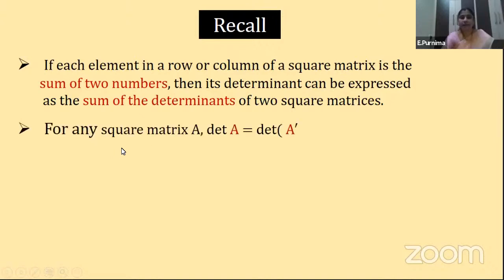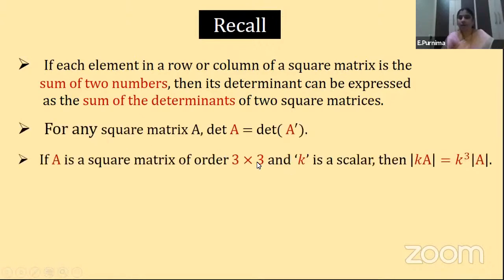Next, if A is a square matrix of order 3 by 3, and k is a scalar, then determinant of kA is equal to k cube into determinant A. As already I said, determinant of k into A means what? Here we are considering every row. Every row of this matrix A is multiplied with the constant k. So we take it individually. I told you when it comes to the determinant, we consider it separately. From the first row, one k comes out, from the second row, one k comes out, from the third row, one k comes out. So that is nothing but k cube into determinant of A.